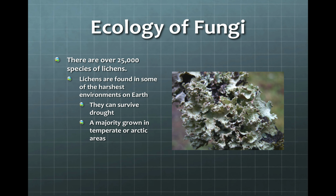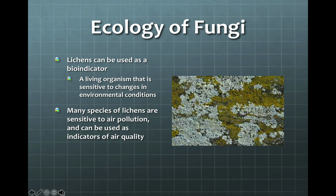They're very, very sturdy because they can survive drought. And a lot of them live in temperate areas, which is what we live in. And then a lot of them live in the Arctic. They are called bioindicators. Now, a bioindicator is an organism that is very sensitive to change in environmental conditions. So ecologists, when they want to know if there's air pollution, look at the lichens,